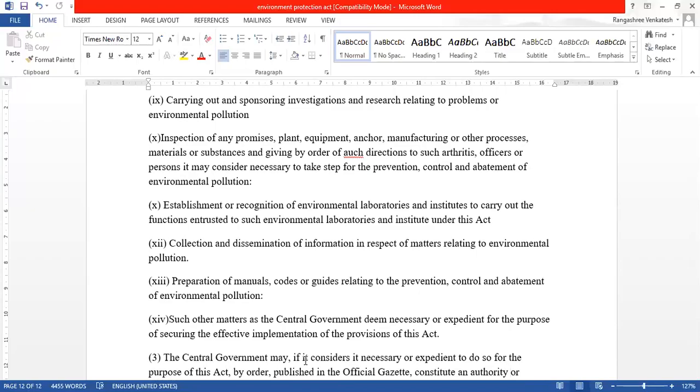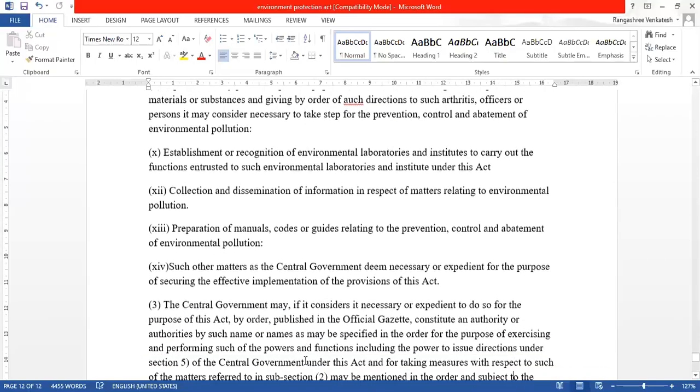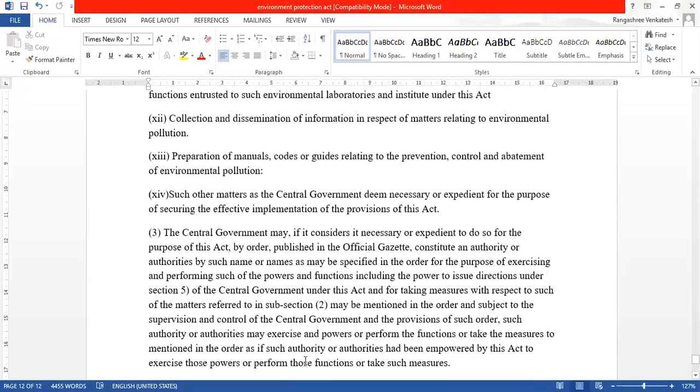The central government may, if it considers it necessary or expedient to do so, for the purpose of the Act, by order published in the official gazette, constitute an authority or authorities by such name or names as may be specified in the order for the purpose of exercising and performing such of the powers and functions, including the power to issue directions under Section 5, of the central government under this Act, and for taking measures with respect to such of the matters referred to in subsection 2 as may be mentioned in the order,